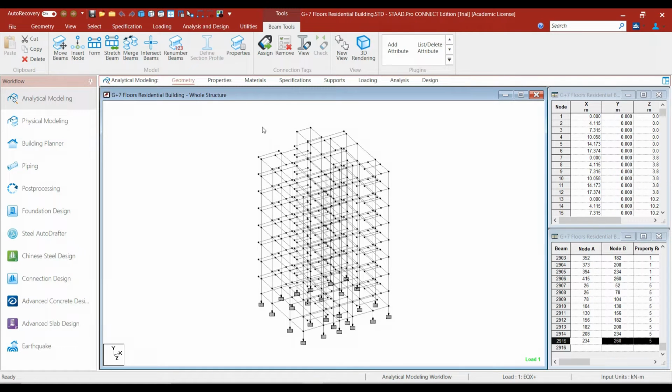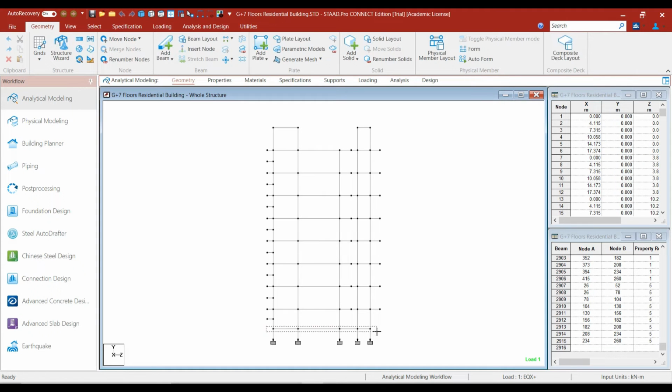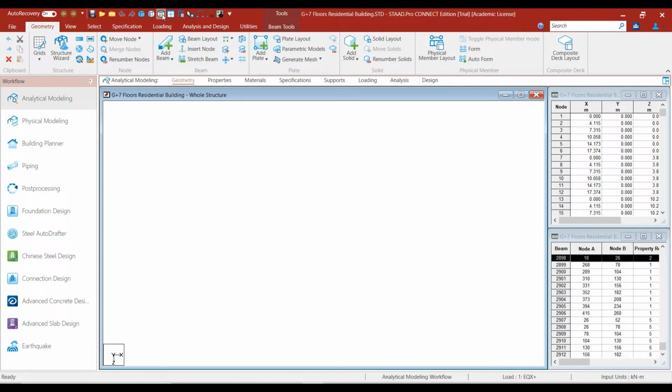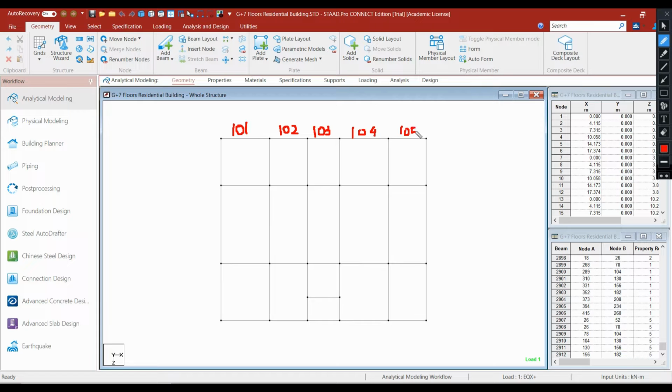So let's do that. First of all, activate the side view and select these plinth beams like this. Click on view selector objects only and then click on the top view. I will start the renumbering of the plinth beams from 101. So this beam will have number 101, then this beam will be 102, then we have 103, 104, 105, and this beam will be renumbered as 106 and so on.